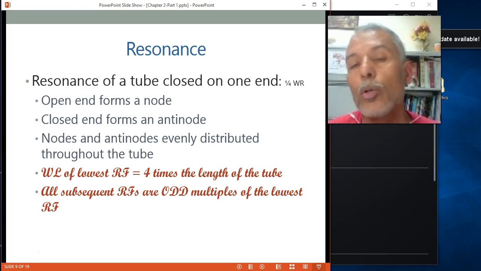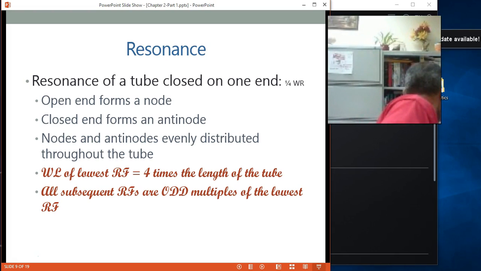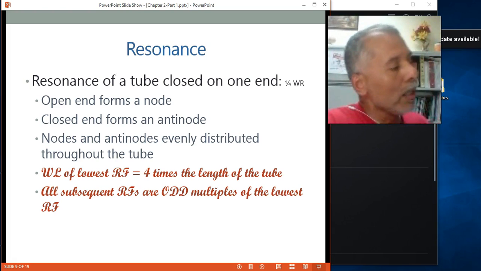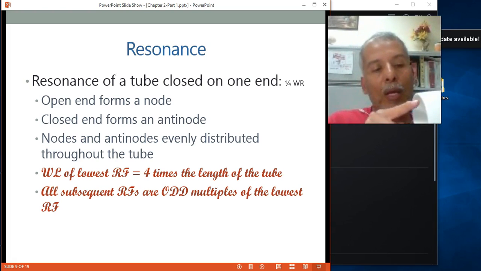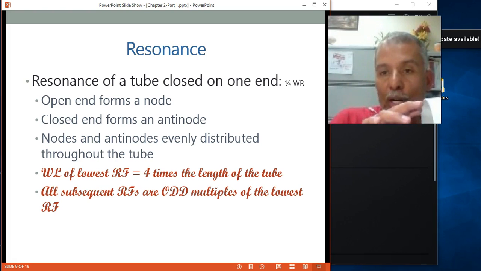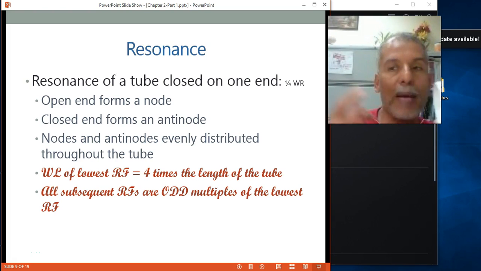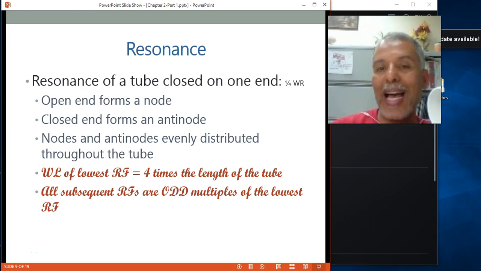I'm trying to look for one of these containers. We can just use this. It's closed on one end, and then you play a tone, a wave here. At the open end, the air pressure is equal to the outside air pressure, so it has a node here. The maximum point of pressure is going to be at the closed end. That is the antinode, which will be at the closed end.